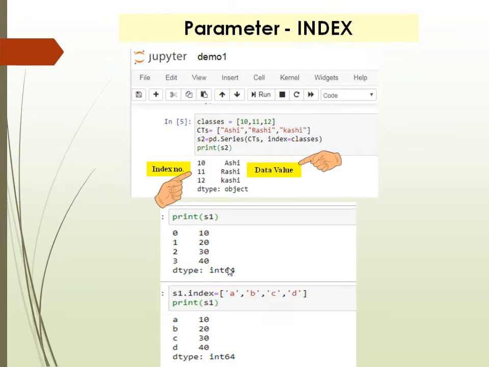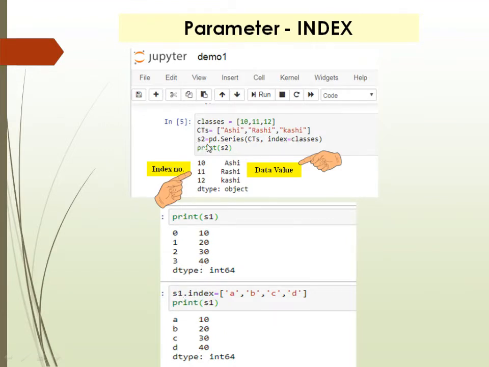Second output, print S1. So I have created one S1 list. It has values 10, 20, 30, 40, and the index numbers are by default 0, 1, 2, 3. Its data type is again int64 because all the integer values are there. Now again I want to change the index values 0, 1, 2, 3 to A, B, C, D. This S1 is already created.